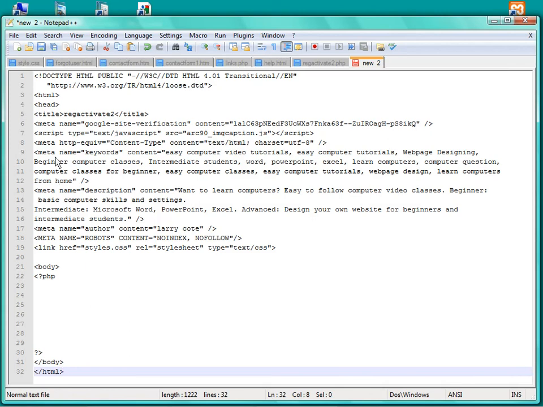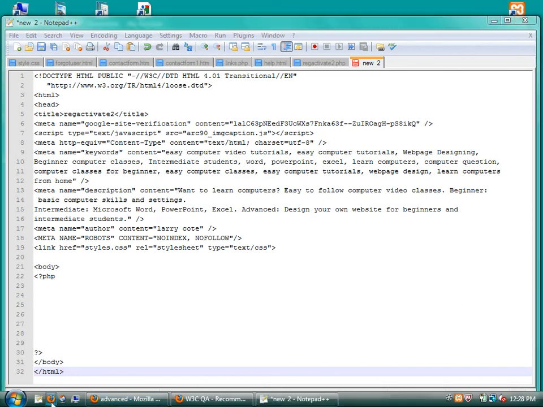And then what else we have? Keywords, contents. These are what they call tags. Easy computer video tutorials, easy computer tutorials, web page designing, beginner computer classes. All these are codes under your tags or your content, keywords or tags, depending on where you're going to. These are keywords that when someone goes to Google,